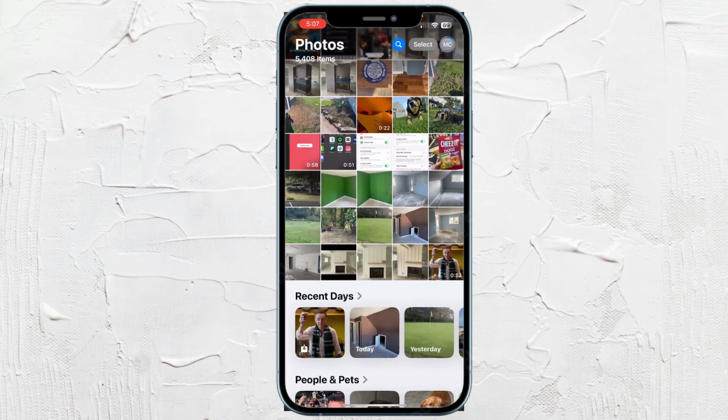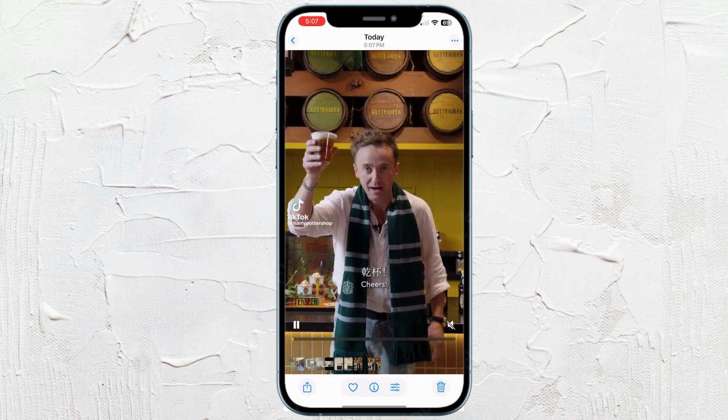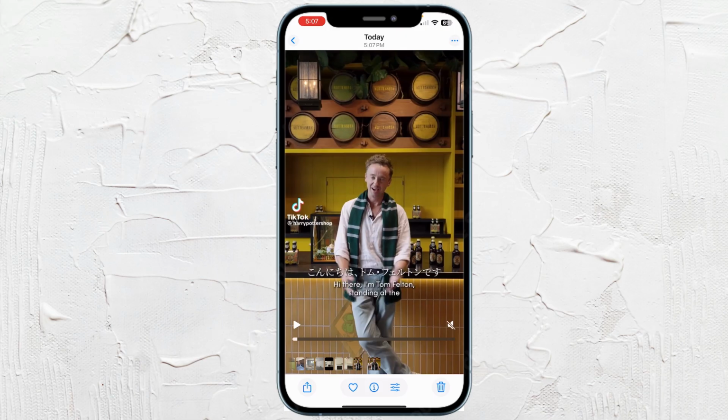So I can come out of TikTok here and go to my galleries, and then you'll see the video here. And there we go. The video is now downloaded. It's in your gallery. You can't remove the watermark that's on the video, but you will be able to download that video and do what you